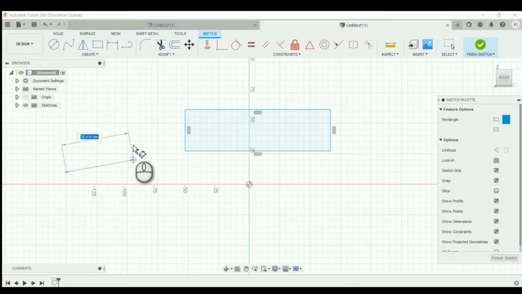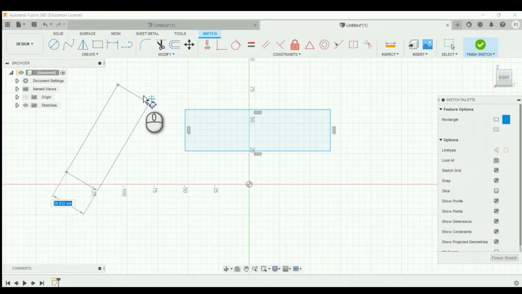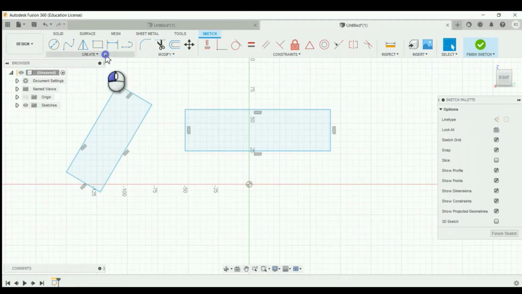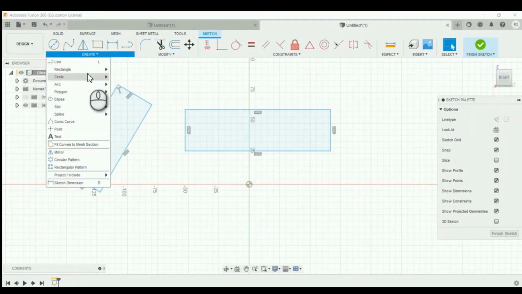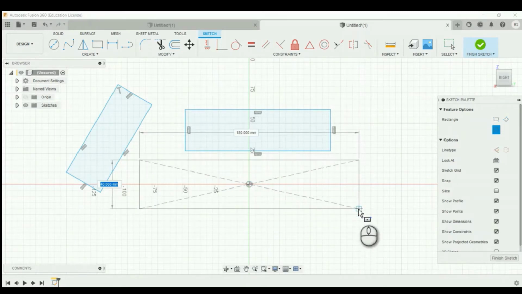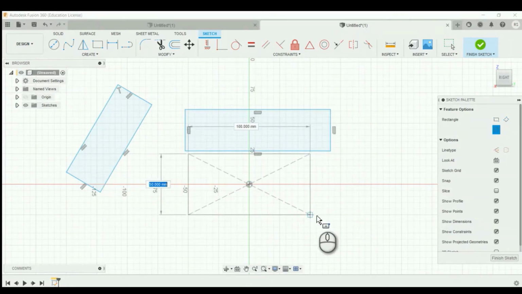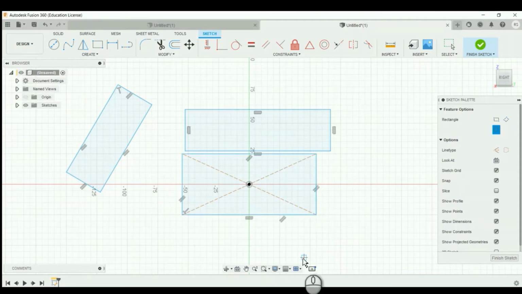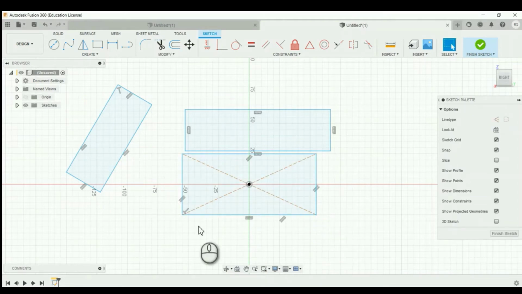First specify the first point and the second point, and the third point sets the width. Another is the center rectangle. Click that, select the center origin and place it, and it is a center-based rectangle. You can create it like this.